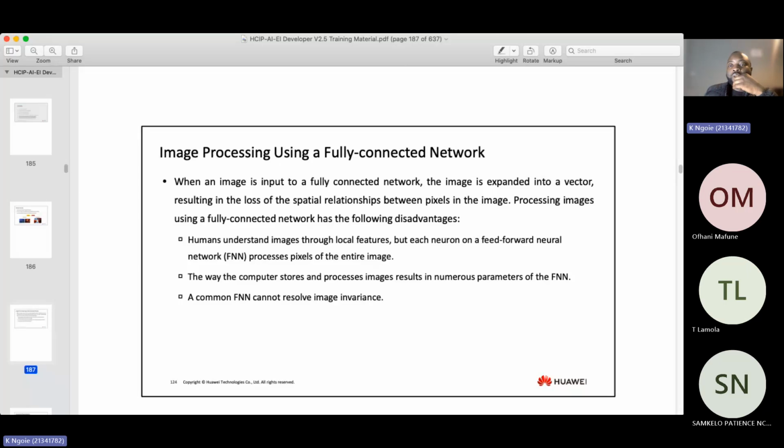Okay, so the image is expanded into a vector, which means we take the image as it is completely and find the representation in terms of a vector or spatial representation, or the spatial